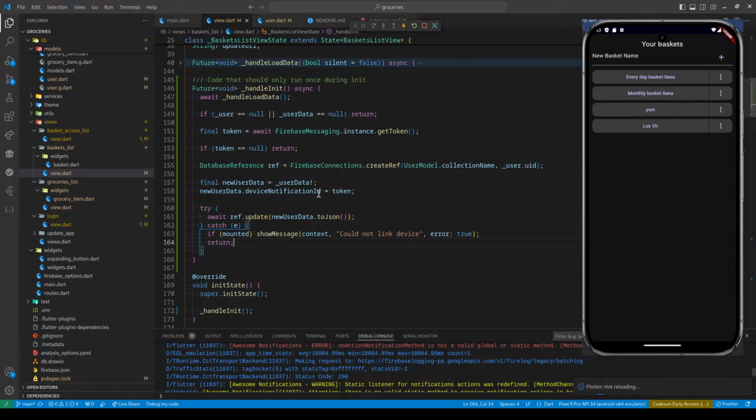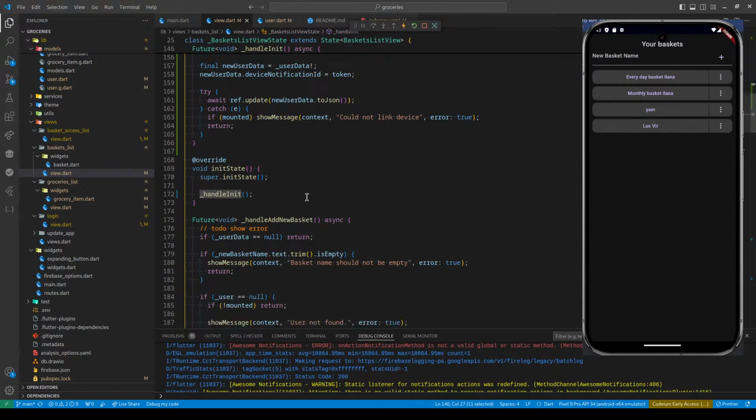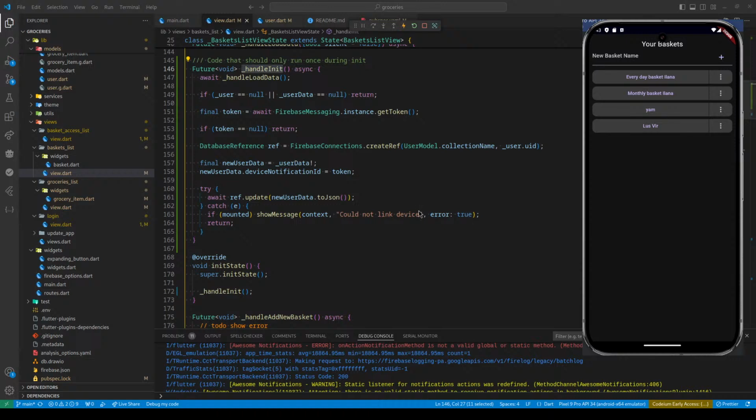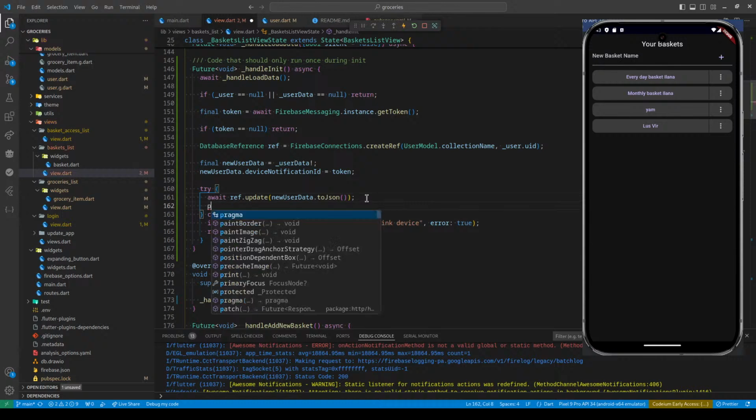Okay, but I can fix that afterwards. So right now I just want to get it to work. Okay, let's see if it works. So where's my emulator? Here we go. And if it does work, I just want to print